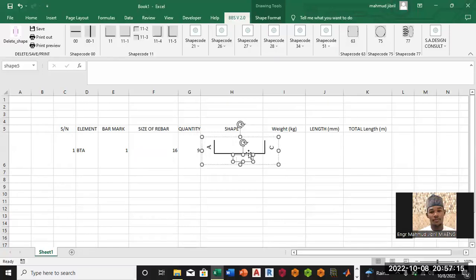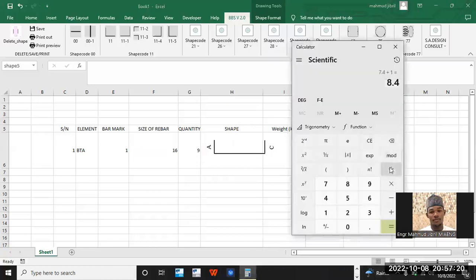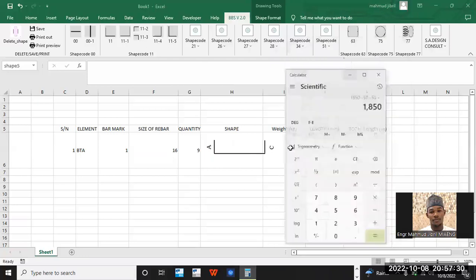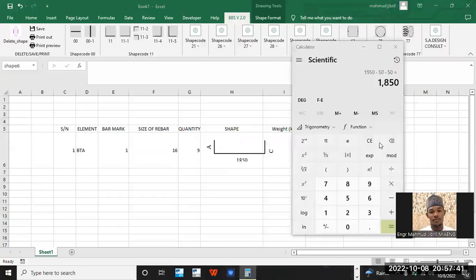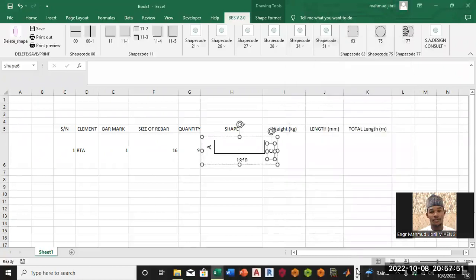Then delete this B in order to put the line that we estimated before in the calculator, which is 1950 minus 50 minus 50, which is 1850. I can put the 1850 here automatically. Then the other one that we estimated is the thickness of the footing, which is 300 minus the concrete cover 50 at the bottom minus another 50 at the top. It will give us